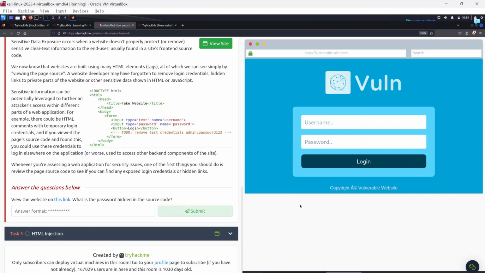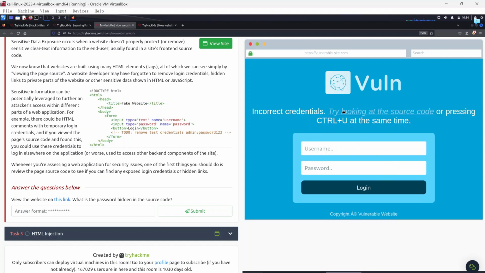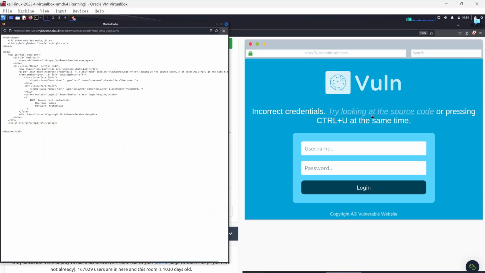Let's view the website on this link. Okay, let's see. I'm trying the username admin and the password, let's say admin. And if we do that, it says incorrect credentials. Try looking at the source code or pressing Ctrl U at the same time. And here we go. Over here we can see we already have the password. To remove test credentials from here, we can see it. So we have admin, and the password is